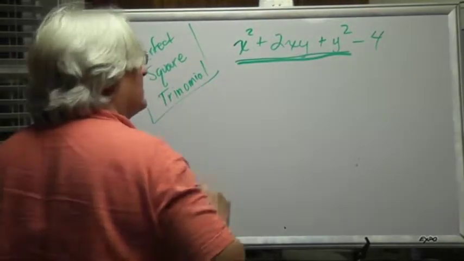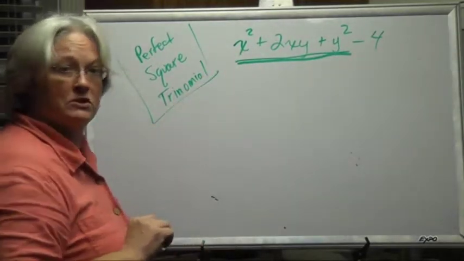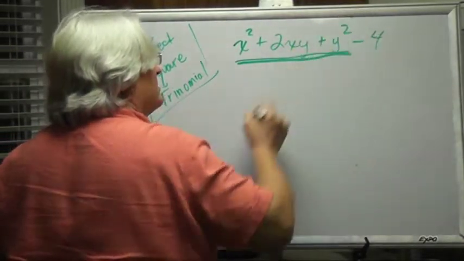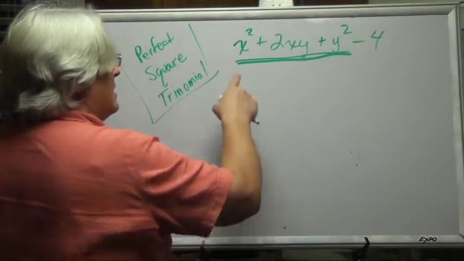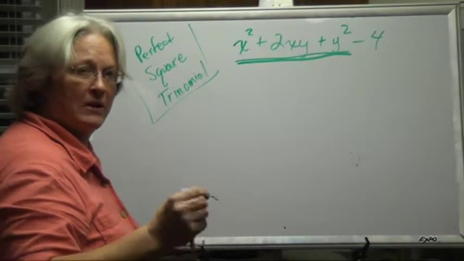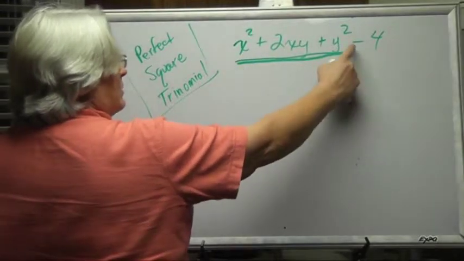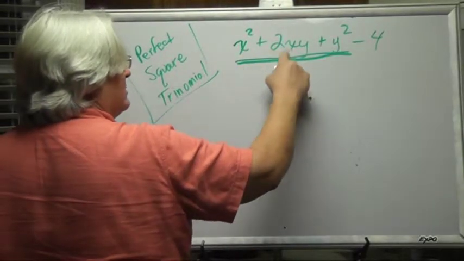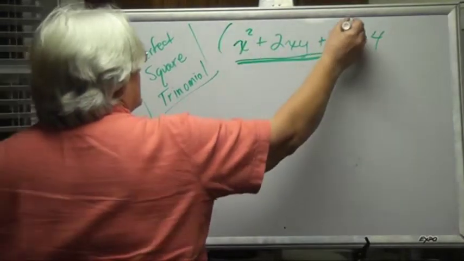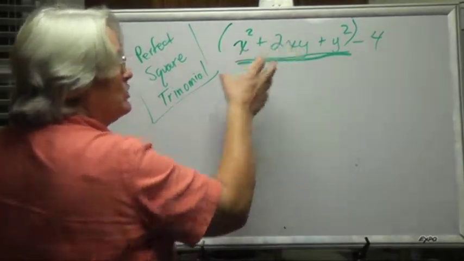You just simply have to recognize the pattern. With perfect square trinomials, the first term is a square, the third term is a square, and the second term is twice the product of the square root of the first term and the square root of the last term. And we talked about this at length in the last video. The square root of x squared is x, the square root of y squared is y, and 2xy is twice the product of the square roots. So this right here is a perfect square trinomial,